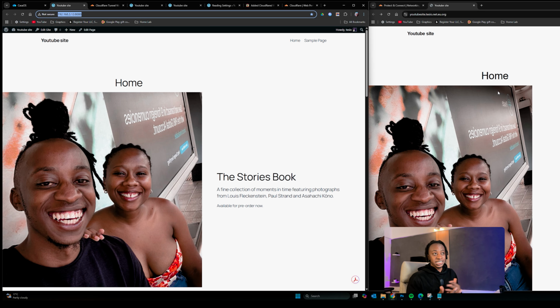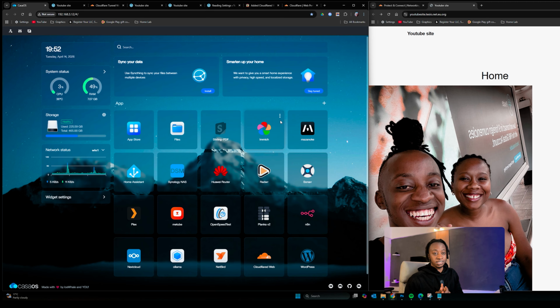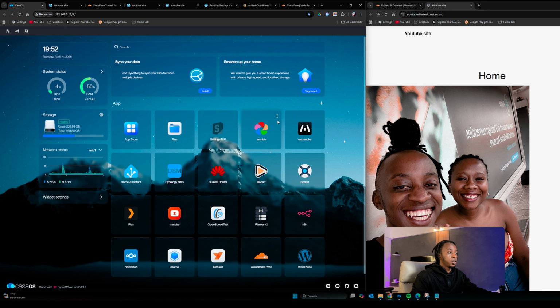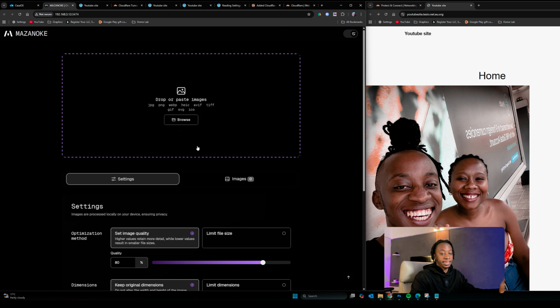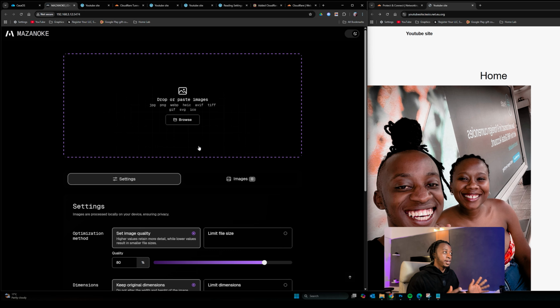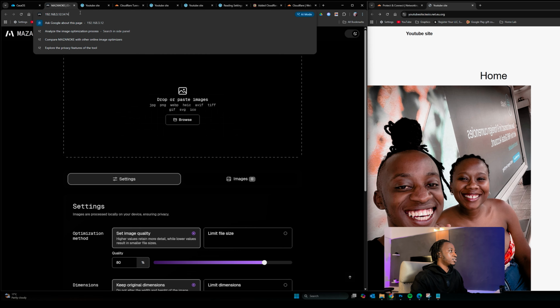So for someone like me, this is very useful because you can expose your website and your own applications that you are hosting at home to the world. For instance, remember I was using a subdomain there. Let's say I want to access Mazanoke. You see this application right here is for resizing pictures. I can only access it at home right now, and I want to access it from the rest of the world. So I just copy this,